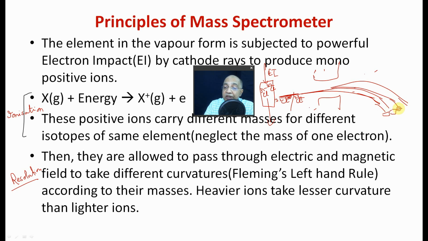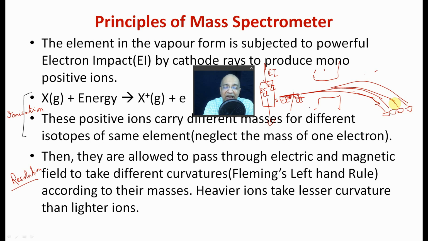There is an electronic detector. These positive ions produce microcurrent in the detector, and the relative abundance of those isotopes